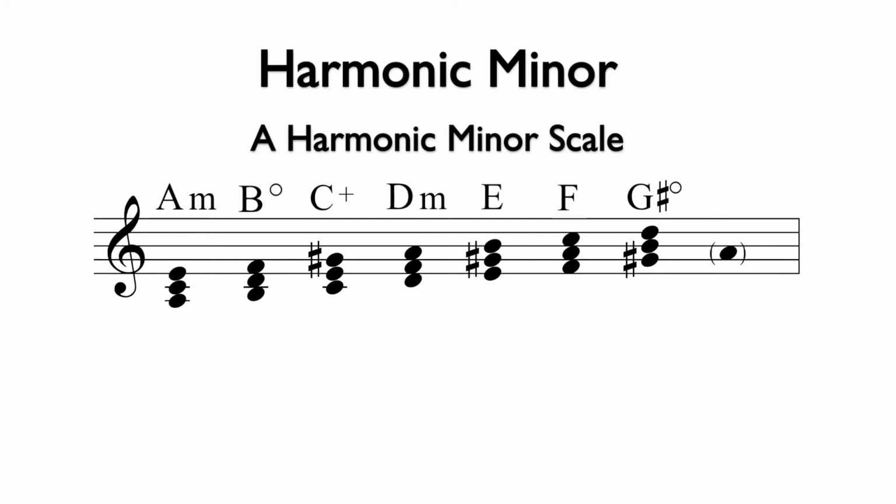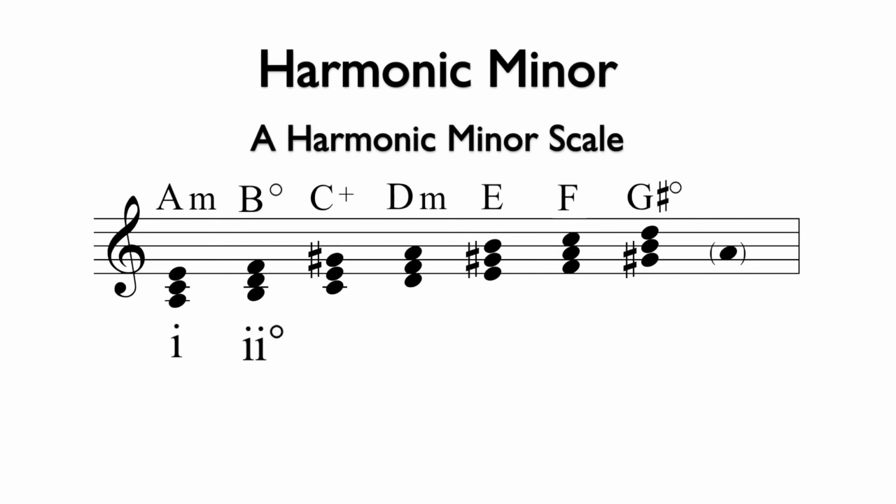Now that we know the names of the chords in A harmonic minor, we can determine the Roman numerals. Since A minor is the first chord, we will use a lowercase 1. The 1 shows that it is the first chord in the key, and the lowercase shows that it is minor. With the B diminished chord being the 2nd chord in the key, it will get a 2 Roman numeral. We will use the lowercase 2 with a circle to show the quality as diminished.